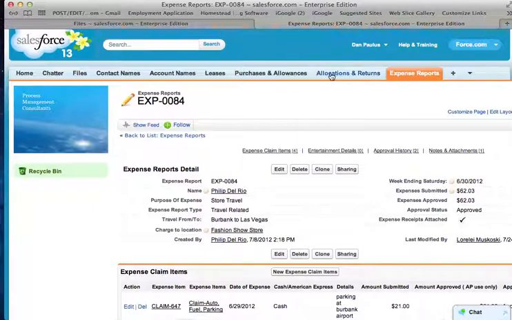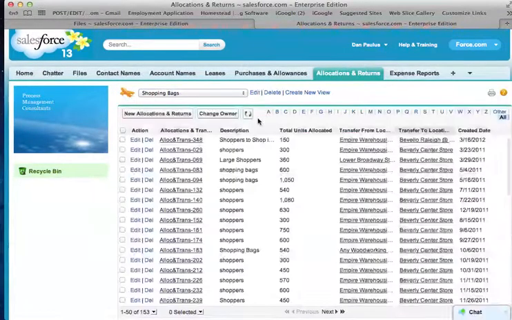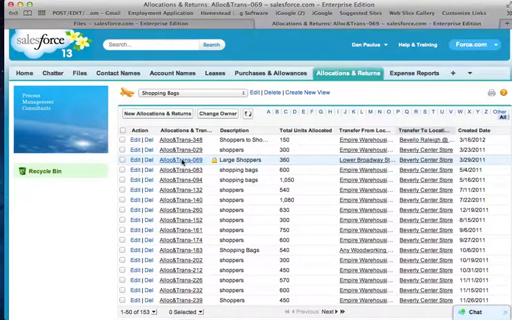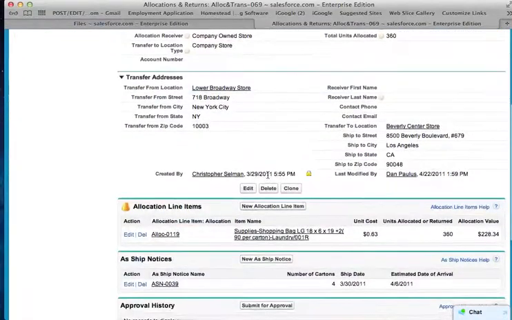There's also in the system an allocation function, inventory allocation, and there are many, many items that are shipped out of company-owned warehouses and vendor warehouses. They are kept track of with this particular object. In this case, we'll look at a shopping bag order that's right here. And this particular order,